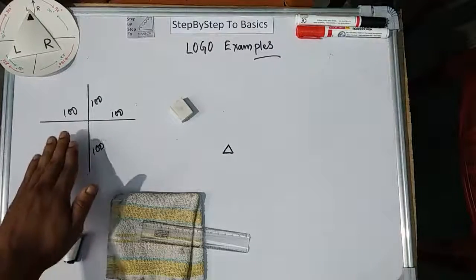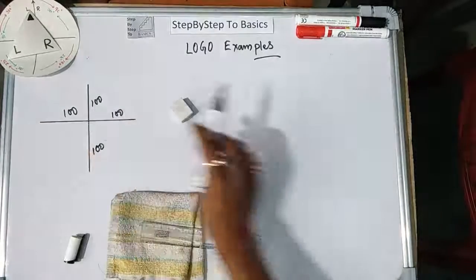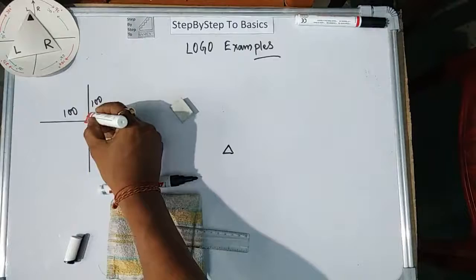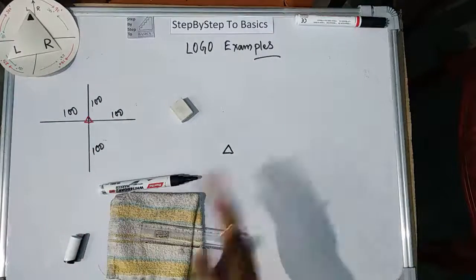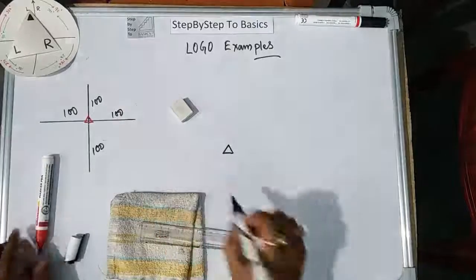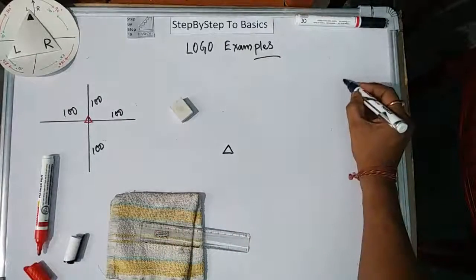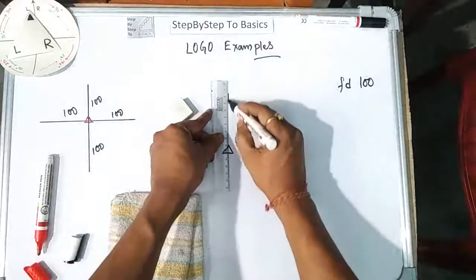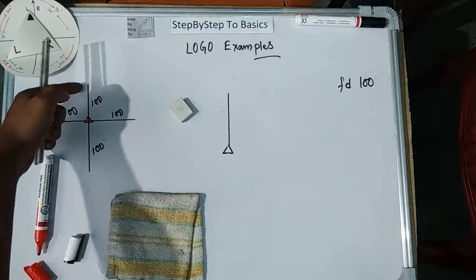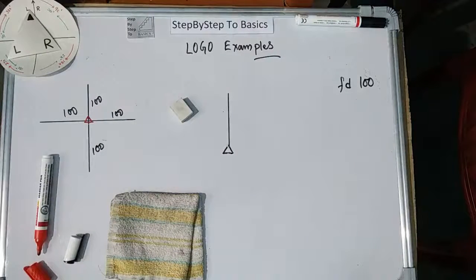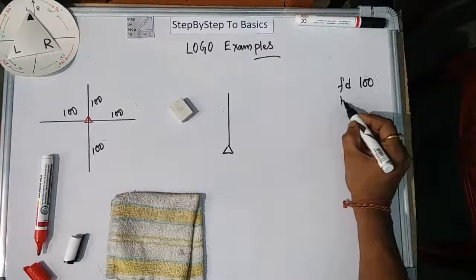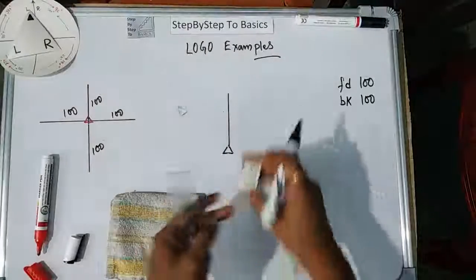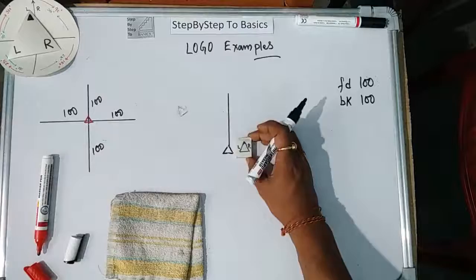Okay, now we will try to draw this one. Initially your turtle, say, is placed here at the middle and pointing that side. So what code we need to write? So obviously first we will write FD 100. Due to this a line is drawn, but here you can see I need to come back again. So for that I need to write the back command BK 100. So it went this way, FD 100, then came back and it rests here.